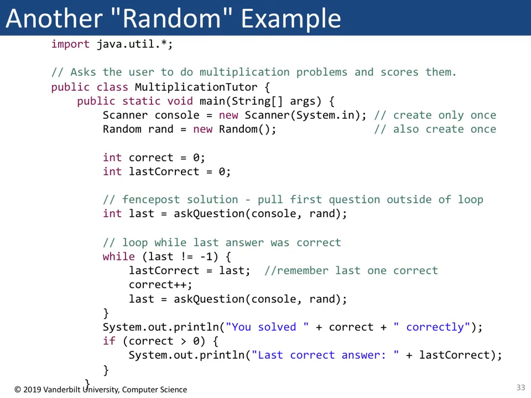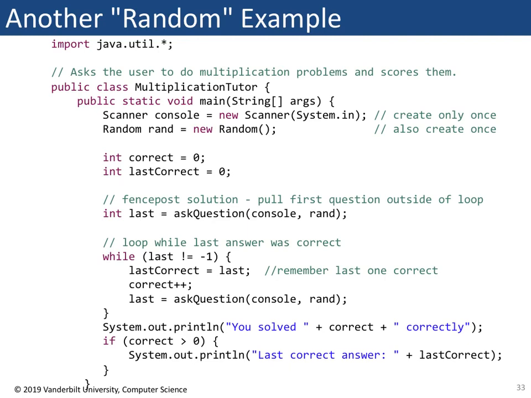So here's the solution to this multiplication tutor problem. We would import java.util.star because we want to use the random class. We've called our class MultiplicationTutor. And inside our main, we have declared a scanner, but we only have one scanner because we don't want to crash Zybooks or some other compilers as well. And we have made our rand object. So now we need to keep track of the number of correct answers, and we also want to have a variable called lastCorrect